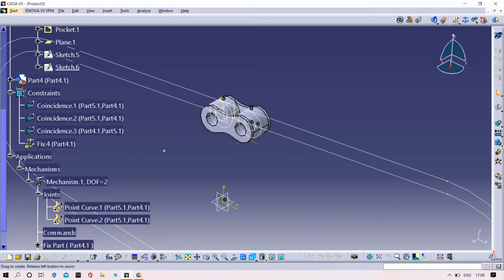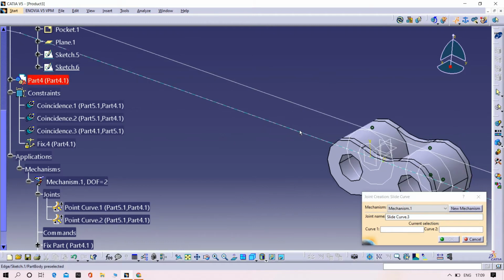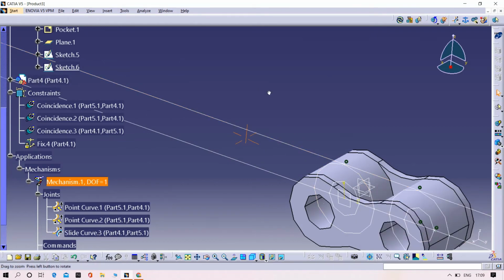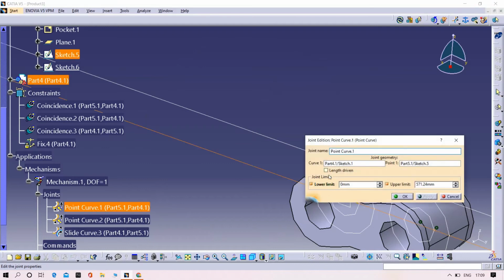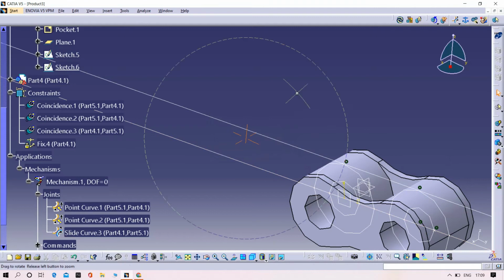Again we need to give the solid curve joint. For that select the outer curve and then select this circle, then click OK. Then give the travel length. It is simulated. Click OK.